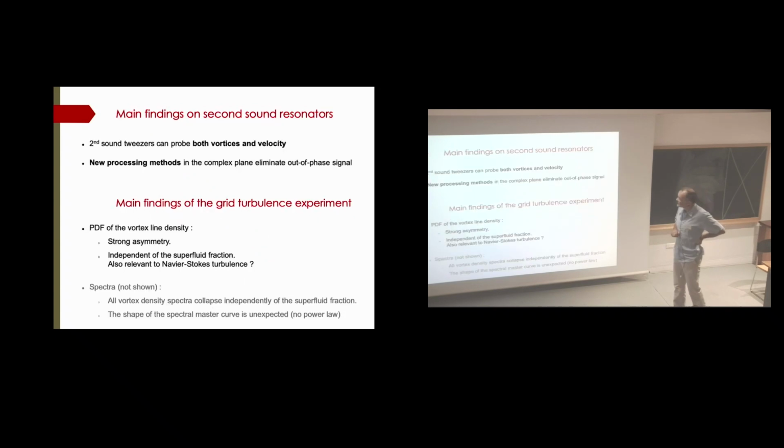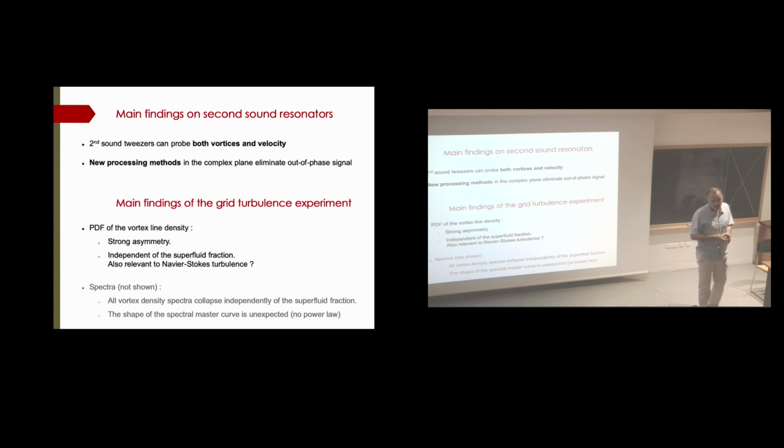Okay, and this is my last slide, which summarizes the findings. So we have shown that these second sound tweezers can measure either vorticity or velocity. We have introduced some new processing methods in the complex plane which eliminate mathematically the out-of-phase signal, which allows us to really measure what we want, only velocity, only vorticity. And regarding the findings, I didn't show the spectra, but regarding the PDF of the fluctuation of the vortex line density, we have this strong asymmetry, which is independent of the superfluid fraction, and which suggests that